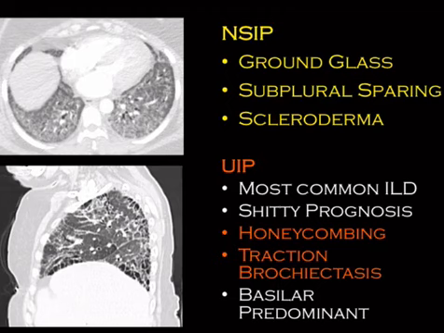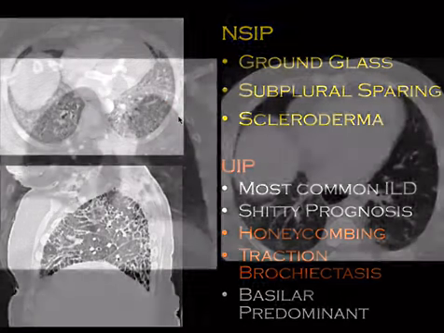NSIP, ground glass. Just remember, ground glass with subpleural sparing. So see how there's an area that's spared, like right here. That's what I mean by subpleural sparing. And the rest of it is this sort of homogeneous ground glass opacity. And another thing that's very important to know is